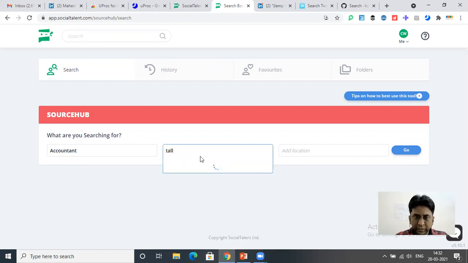Tally. So if we don't have that in their drop down, you can't use this. So this is a disadvantage of this Social Talent website. So I'll just write GST.